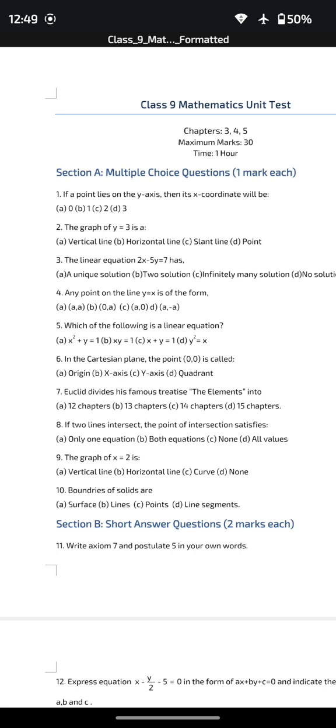Section A, question number 1. If a point lies on the y-axis, then its x coordinate will be 0, because the points on the y-axis are in the form of 0 comma y, where x coordinate is 0. Second question: the graph of y equal to 3 is a vertical line, horizontal line, slant line or point. Right answer is horizontal line,